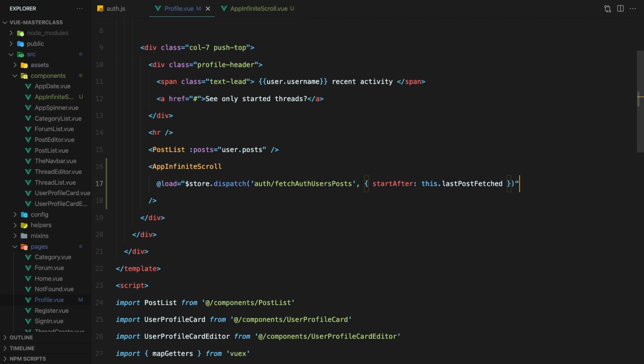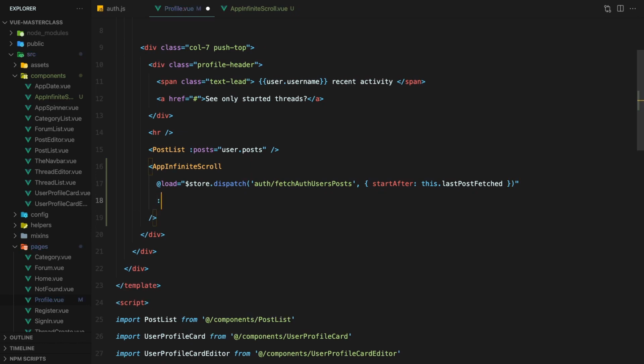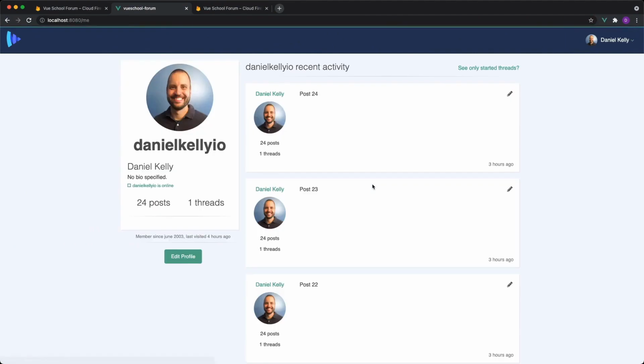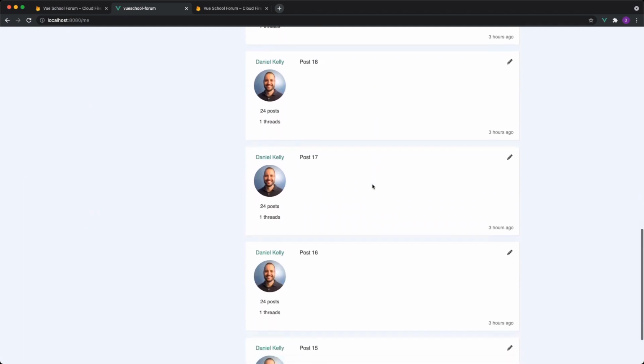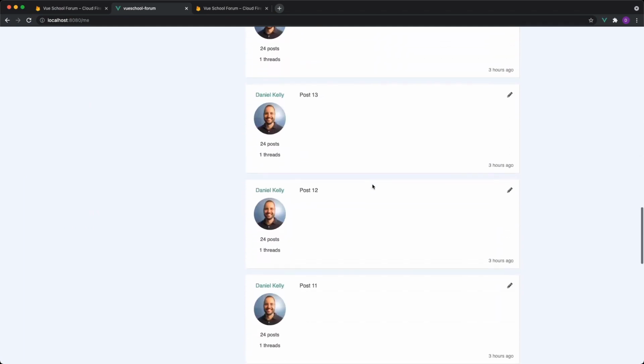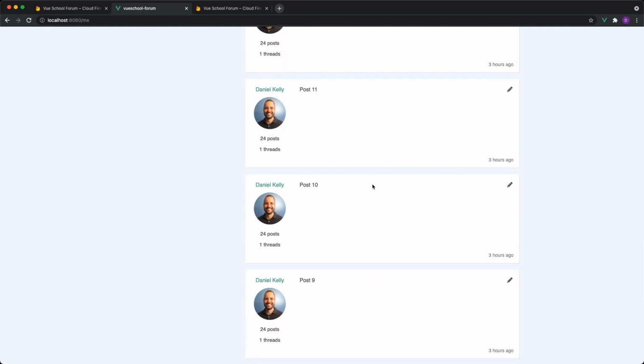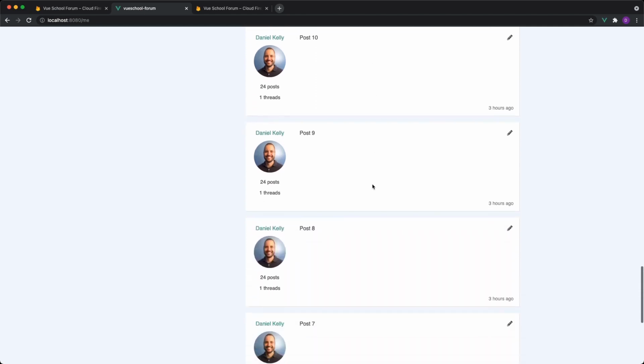And we can tell the infinite scroll component that we're done whenever the length of the user's posts array is equal to the posts count property on the user. Cool. Let's check it out in the browser. When we scroll now, you'll see as we near the end of the first page of posts, the page scroll bar jumps a little, and then we just keep on scrolling into the second page. Pretty sweet. In no time flat, we've got infinite scroll up and working.